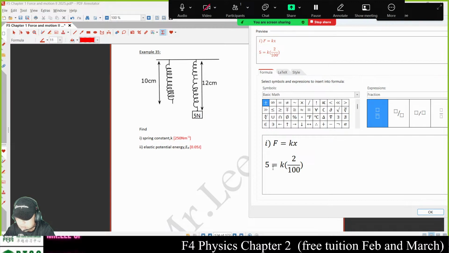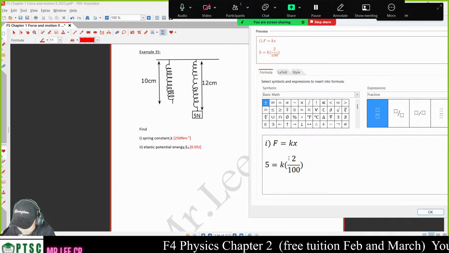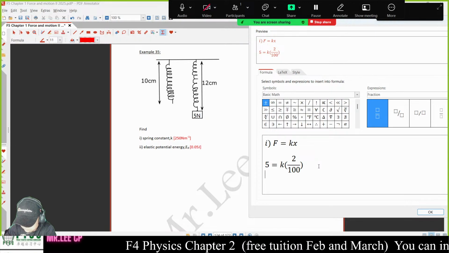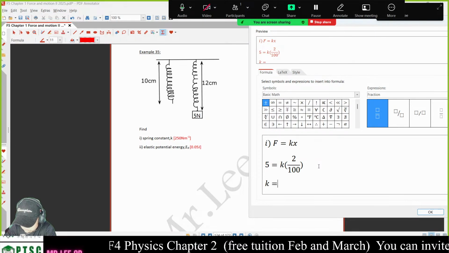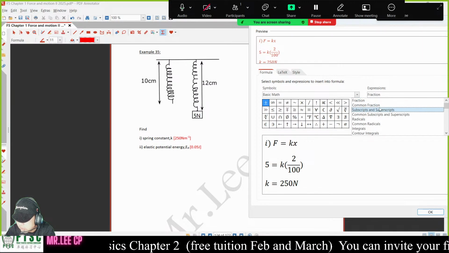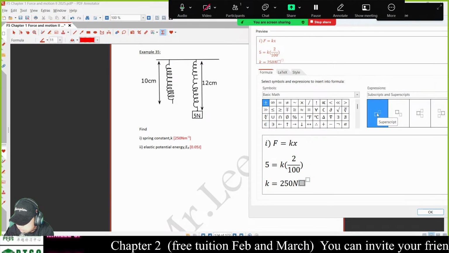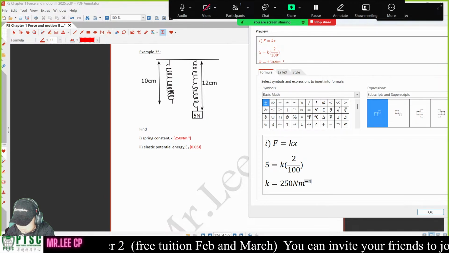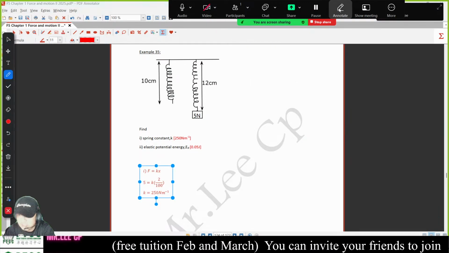So 5 times 100, 500. 500 divided by 2, it is 250. K is equal to 250 Newton per meter. Right now, it is Newton per meter, not Newton per cm. But the thing is, it is the same. Now, see,